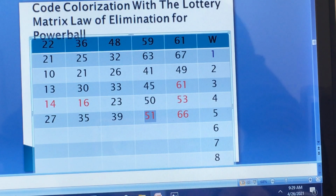That's for Friday's draw. You have 39. This week we'll have different red numbers. Remember, you gotta reset the red numbers each draw. 39, you have 35, and you have 27. You have 4 reds. So again,